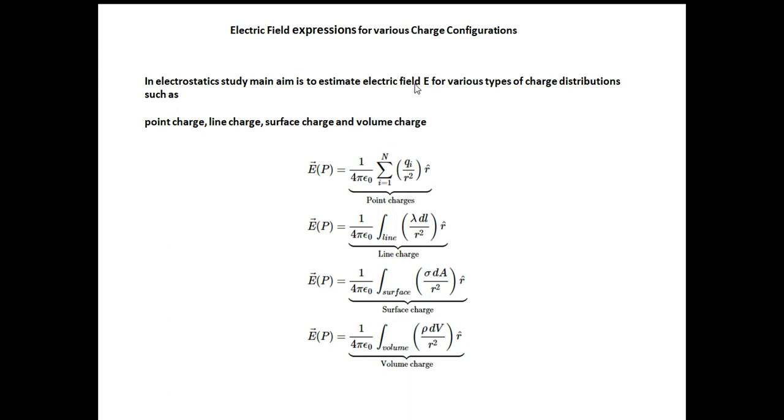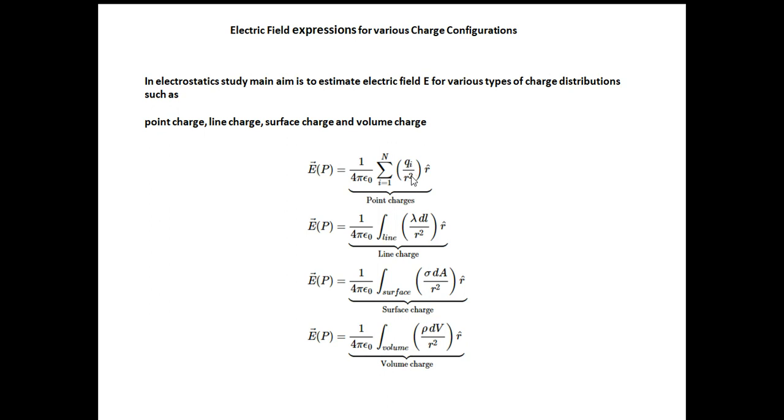Now it is a vector quantity for various types of charge distributions such as point charge, line charge, surface charge and volume charge. As these derivations are available in any standard textbook, I am not going for any kind of derivation, because we are going to learn how I can use these formulae to solve some problems. So the electric field because of point charge is 1 upon 4 pi epsilon 0,